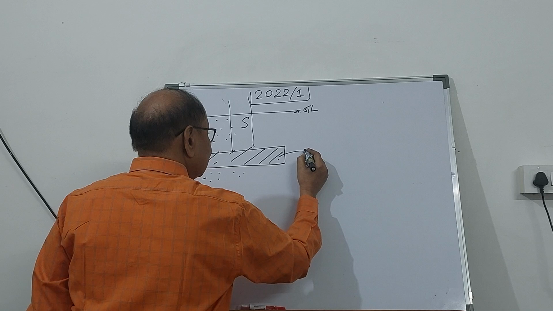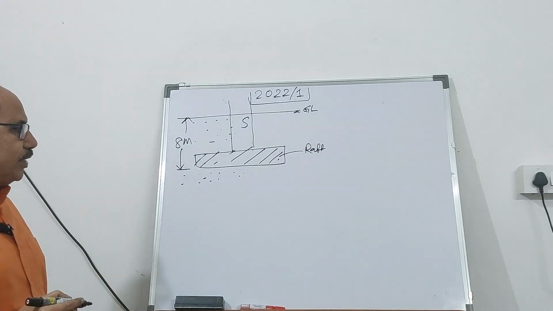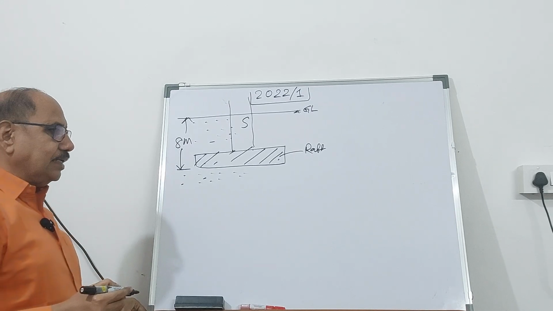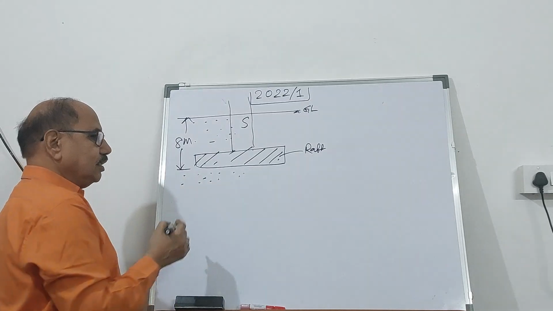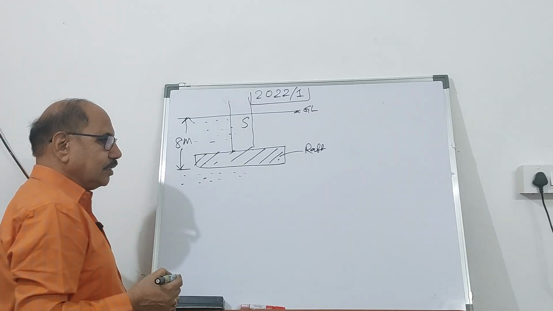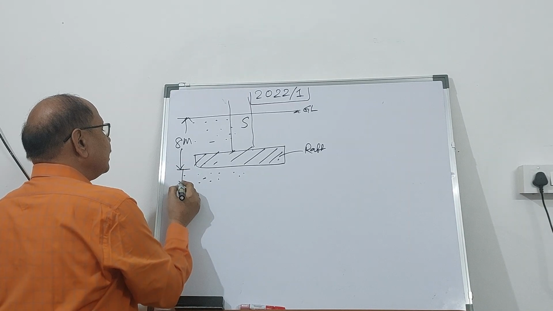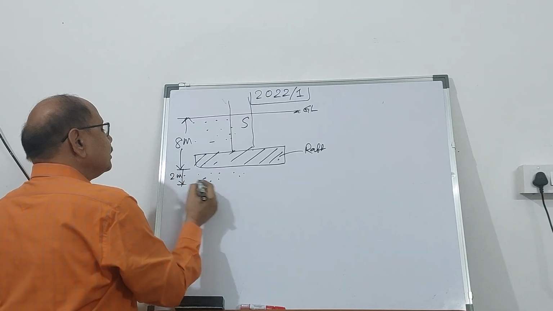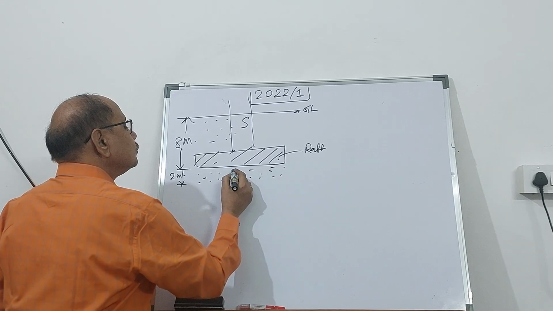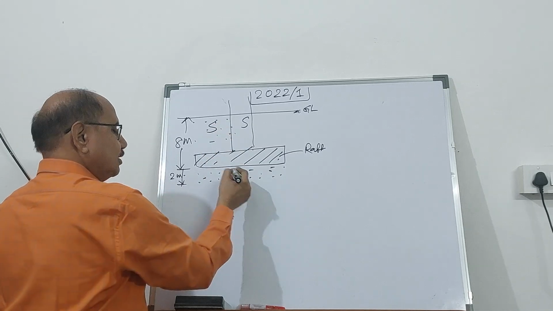So this is the raft which is embedded in the sandy ground as shown in the figure, and the base of the raft is at a distance of 8 meter, and this remaining 2 meter, this is sand only. This is also sand. So this is sand, this is also sand,